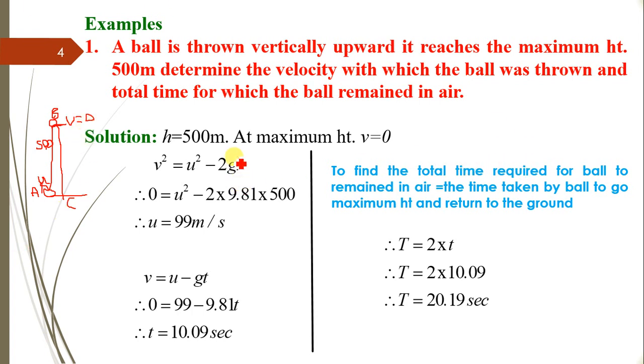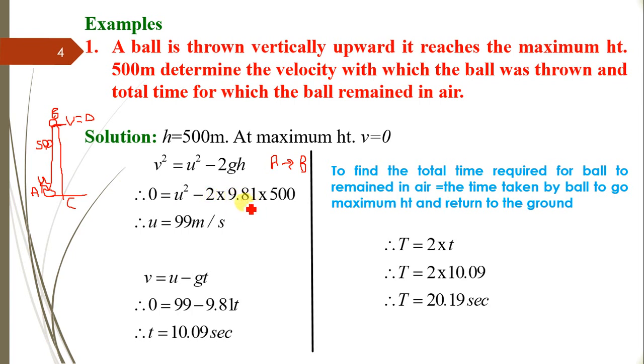Now, to determine the throwing velocity of the ball using the equations of kinematics for acceleration due to gravity, v squared equals u squared minus 2gh, and considering the motion of the ball from point A to B. At B the final velocity is 0, and the initial velocity at A is u. Next, as the motion is in the vertical plane, it is under the gravitational effect, so minus 2